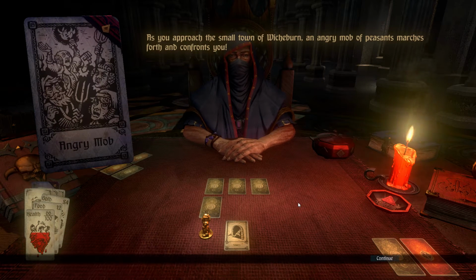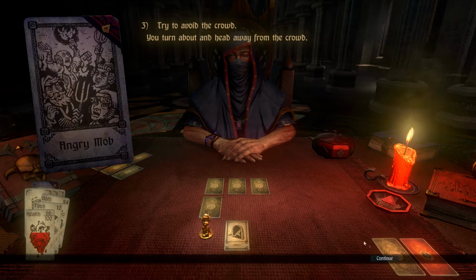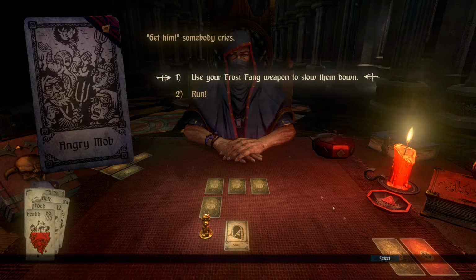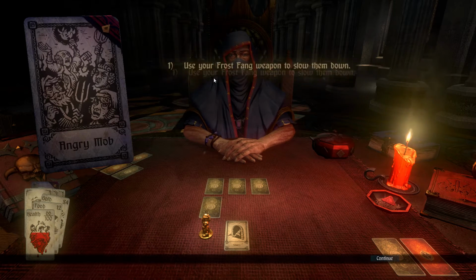As you approach the small town of Witchburn, an angry mob of peasants marches forth and confronts you. The ratmen have eaten all our food. We're starving. We demand food. Okay. Give them nothing. Try to avoid the crowd. You turn about and head away from the crowd. Get him, somebody cries. Use your Frostfang weapon to slow them down or run. I think I'm gonna go for the use your Frostfang weapon. If that proves to be the death of me, well...